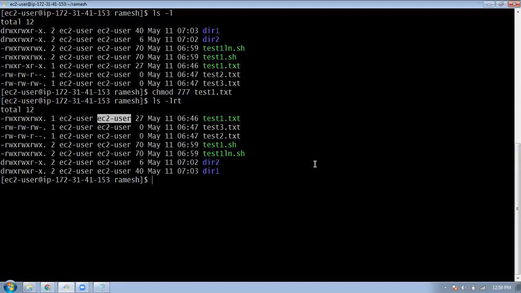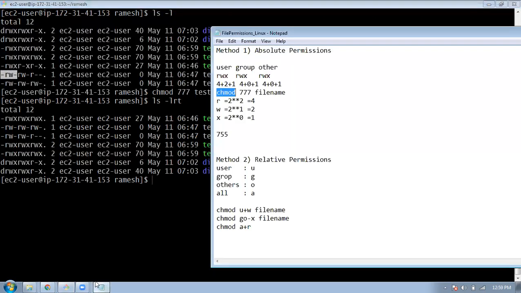Now we will see what the 7 is. Suppose I want to make a different combination of permissions like this, how to do it? This method we call absolute permission. In absolute permission, read is 4, that is 2 power 2, and write permission is 2 power 1, that is 2.